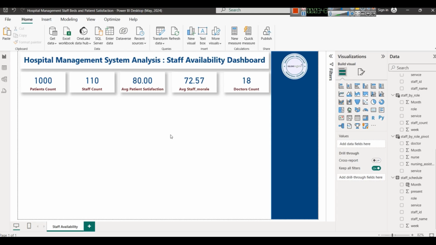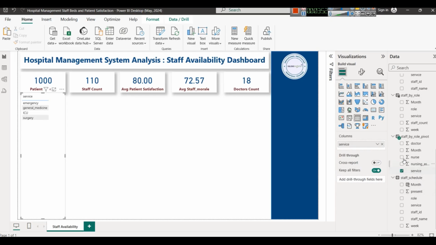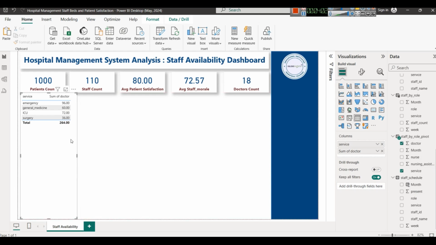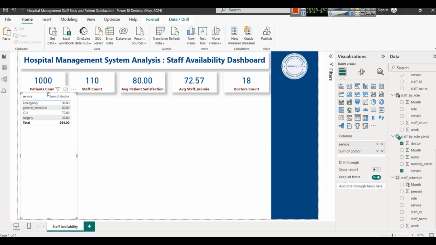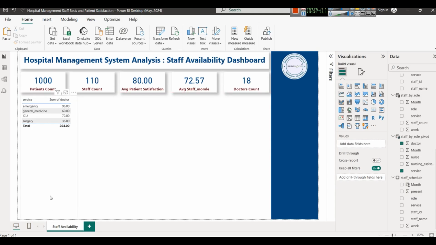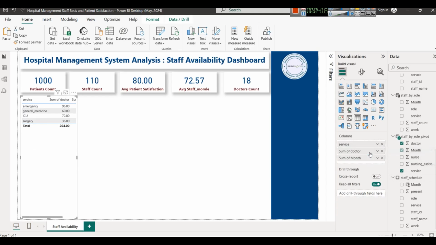So let's create some visuals now. We will do service wise counting first. So if we select service and we select doctor, you can see if we combine all the months together, this is service wise sum of doctor. So here we can summarize it, later we'll do. So this is service wise sum of doctors, and if we add month here also, like this,